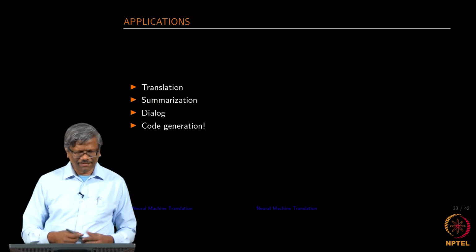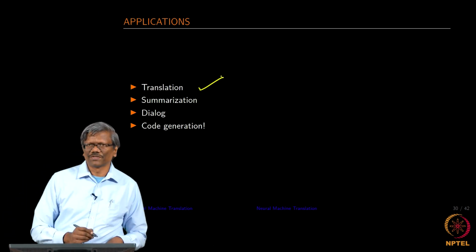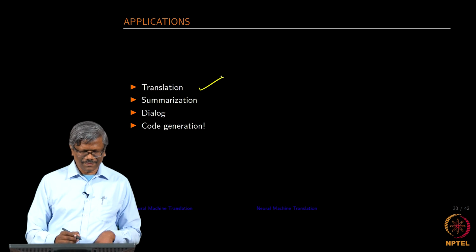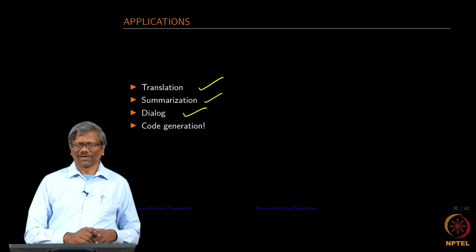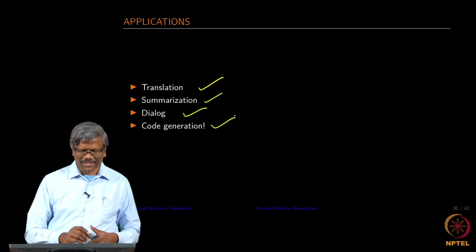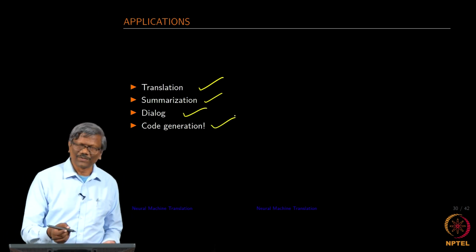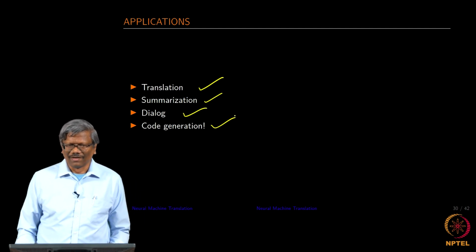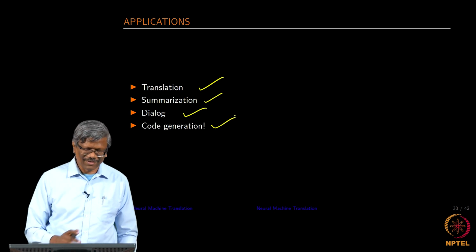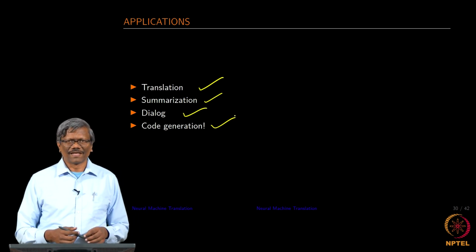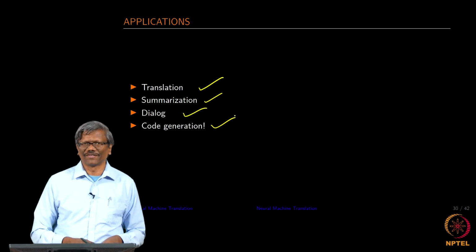Okay, the application that we have for this is, as I mentioned, you can use this not just for translation, we can use it for summarization, dialogue understanding, and then code generation. You can generate C code, you can generate Python code, or you can also generate some technical papers using this. Okay, so there are a lot of applications people have tried. You may find more than what I have listed here.